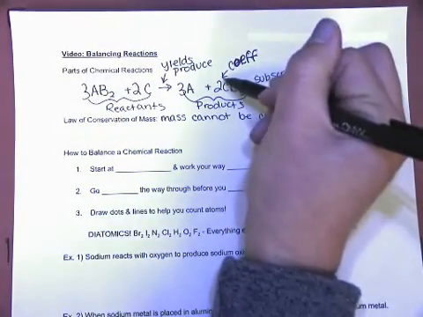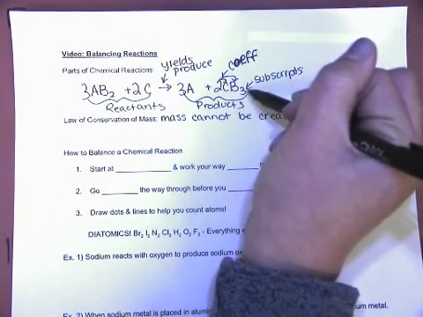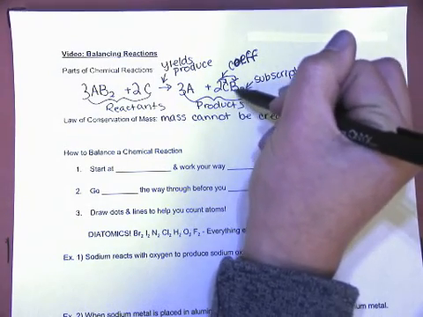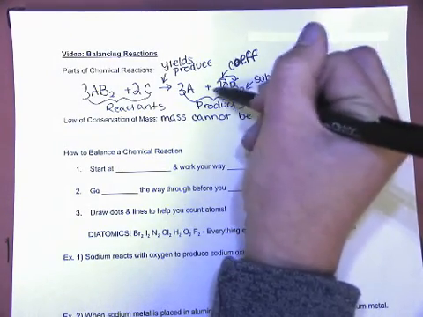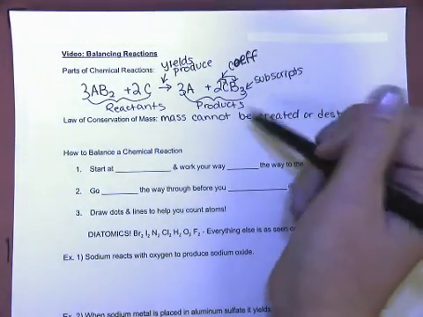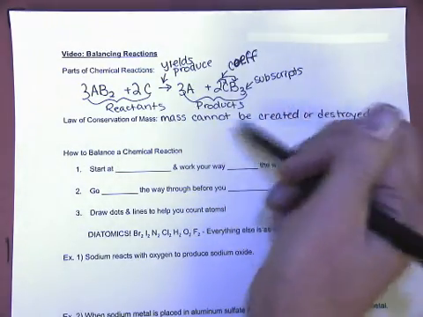Now my coefficient here of 2 distributes to the C and the B. So I have 2 C's. Initially I had 3 B's, but now I have a 2 in front, so 2 times 3 would give me 6. When we are balancing chemical reactions, we need to keep into account the law of conservation of mass, which